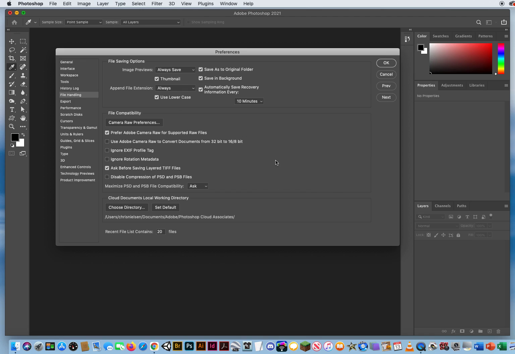What I really want to pay attention to is image previews. I always save an image preview. That way, when I look at the little icon on my desktop, it looks like a tiny little stamp of the file that I made. Otherwise, you just get a generic blue PS square and you don't really know what the file is. And most important, append. Append means add